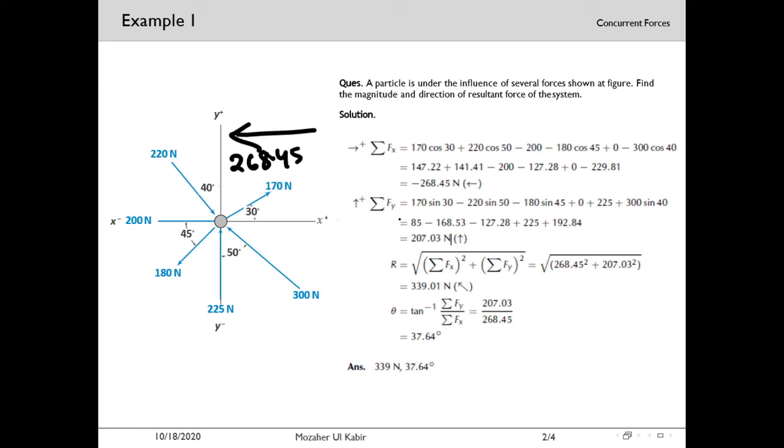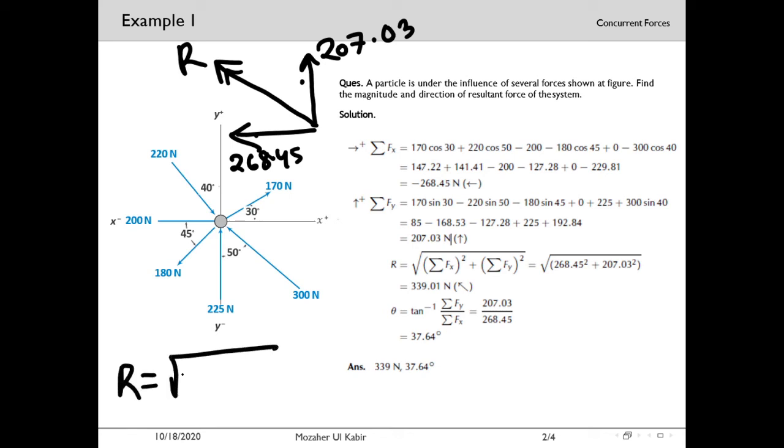And summation of f of y, the value of summation of f of y is 207.03, so it will be acting upward, 207.03. So we can easily assume that the resultant will be in between these forces, so it will be acting here. So denoting the resultant force with R,